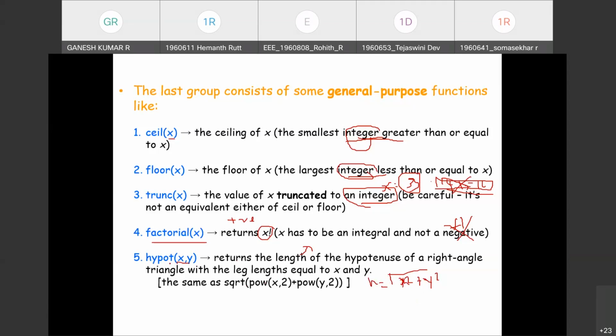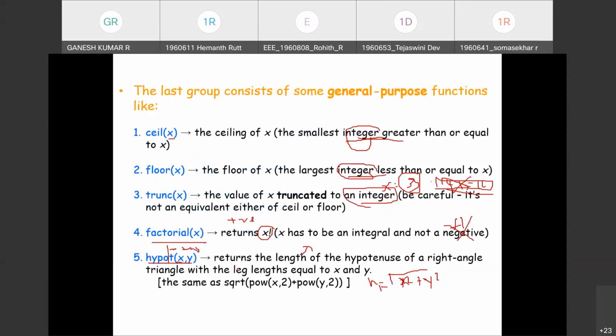Like power, it is a standard library function. It is equivalent to the square root of x square plus y square, and like factorial and power, it also takes arguments x comma y.